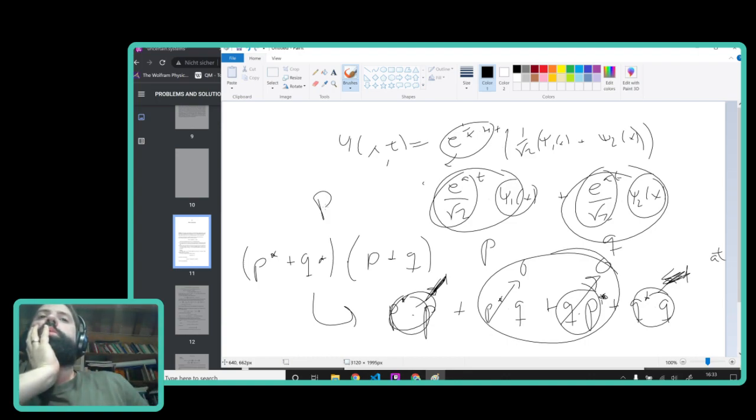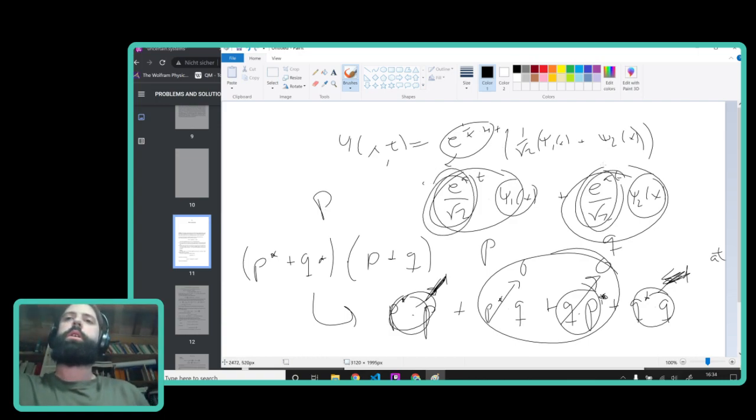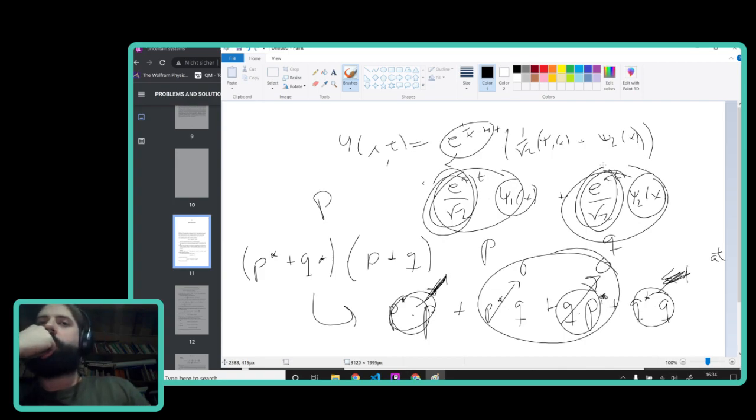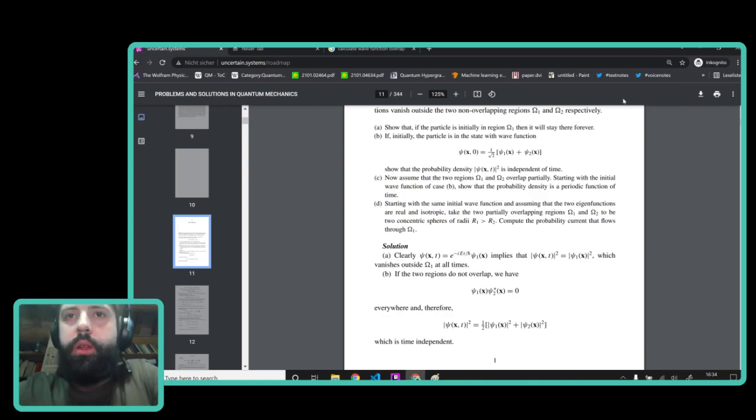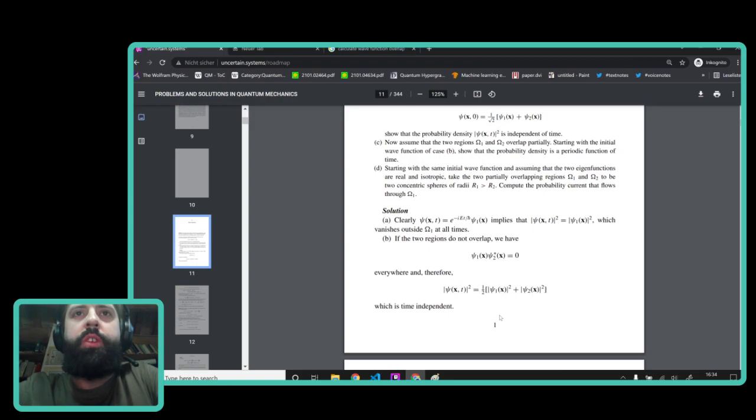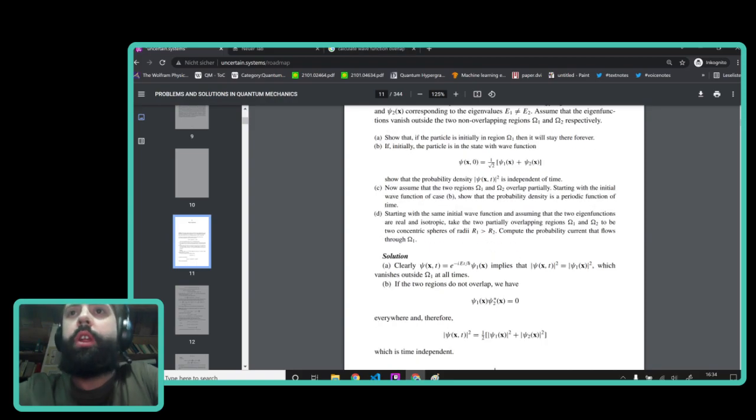Okay, but in a way that is like these things don't disappear, right? In this case. So why is that not time dependent? Which is time independent. Because now we have the next one, which is basically assume that the two regions overlap partially. And so starting with the initial wave function, show that the probability density is a periodic function of time. And so now we have to have a time component, but I don't know how to do this at all